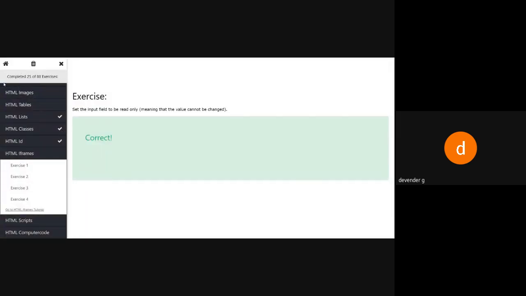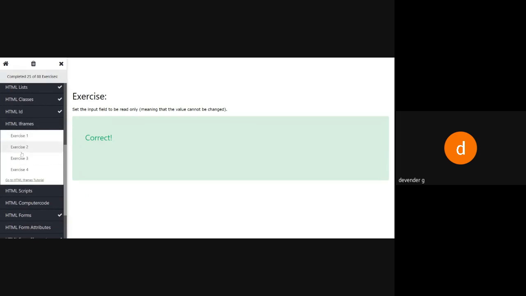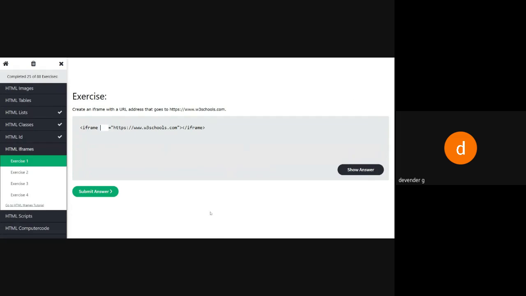Here you can see on the top I have a home button, reset button, close button, and this has been split. One box is there where I am able to find HTML, images, list, classes, ID, frames, and I'm able to scroll down this one. Whenever I click any exercise, automatically I'm able to see the output in the right hand side box. And for this also we have an up and down scroll box. If the information is more, I'll be able to see the up and down scroll box also. So let me show you how it will be.